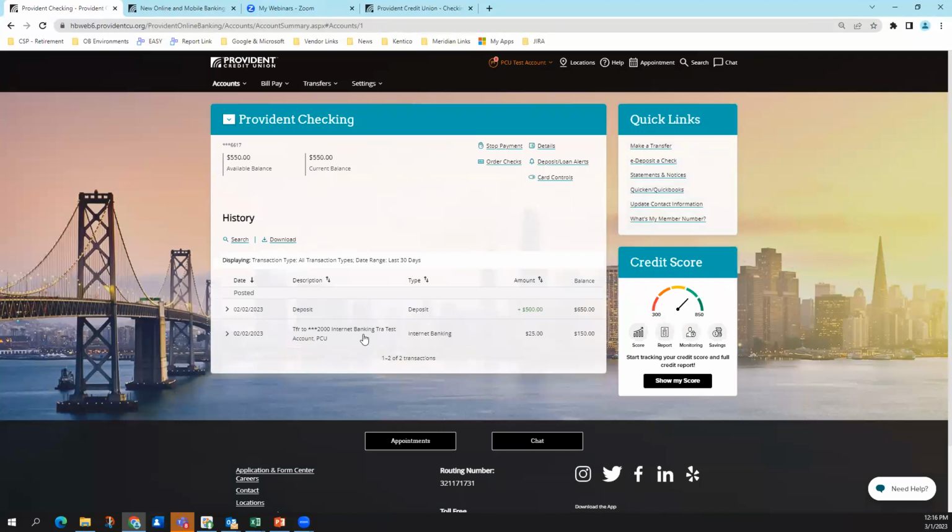and see what the recent transactions were on the account, you just click on the account title. The available and current balance still shows. It shows you your account number here, and also some links that are relative to this particular account. So if you wanted to stop a payment on a check for this particular account, you can do that. If you want to order checks, if you wanted to see a bit more detail of the account, you can